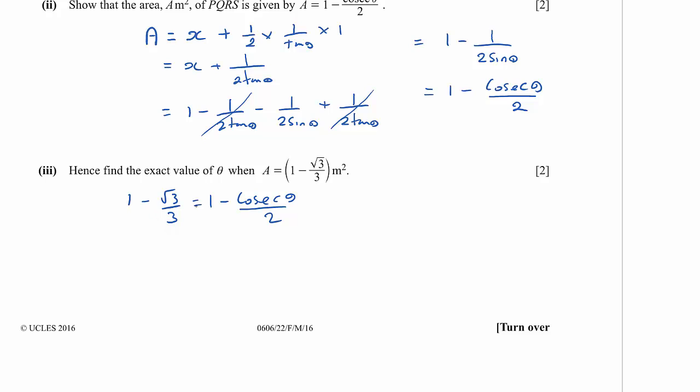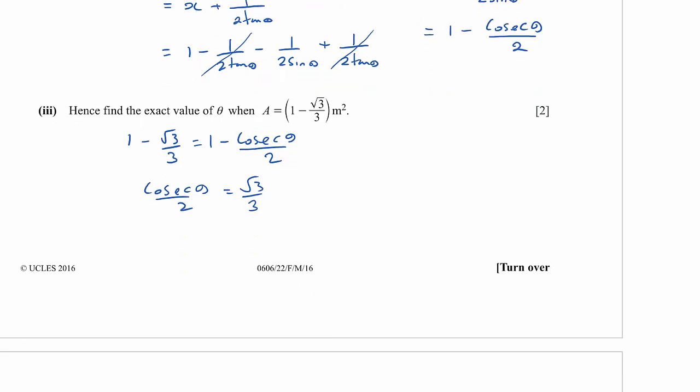So well, the 1s will cancel, and so we'll have minus root 3 over 3 equals minus cosec theta over 2. So that's just the same as saying cosec theta over 2 equals root 3 on 3. And so cosec theta is 2 root 3 on 3,